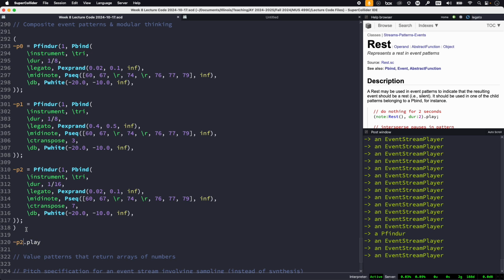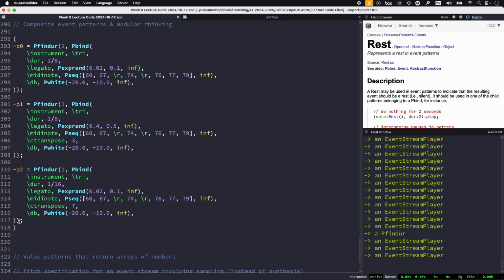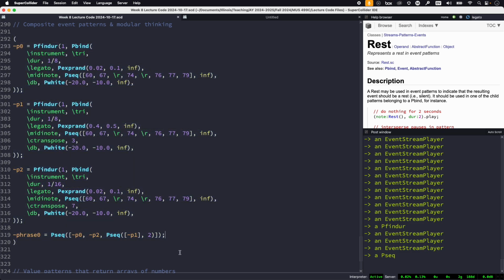All right. So we have three little phrases, and all we've done here is just define the patterns. We have not dealt with the event stream players yet. But we can then create, say, phrase 0. This is going to be a p-seq, which plays p0, followed by p2, followed by a p-seq that plays p1 twice. Right? And we'll make another phrase, which is